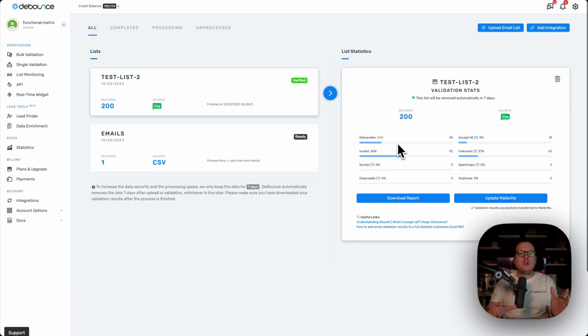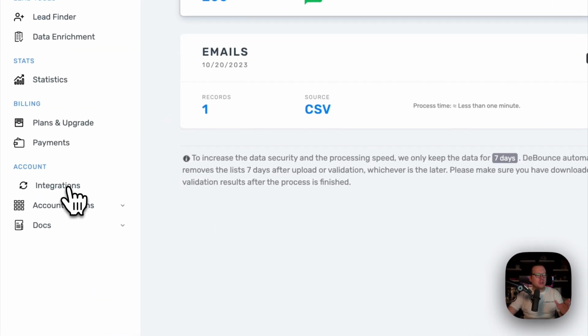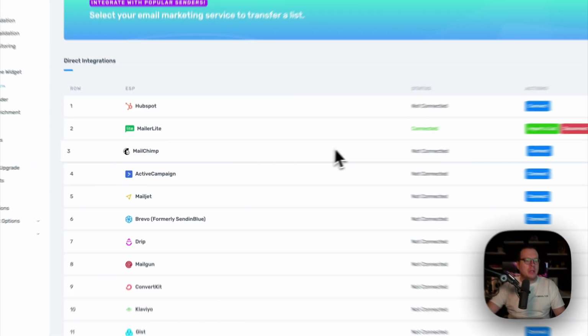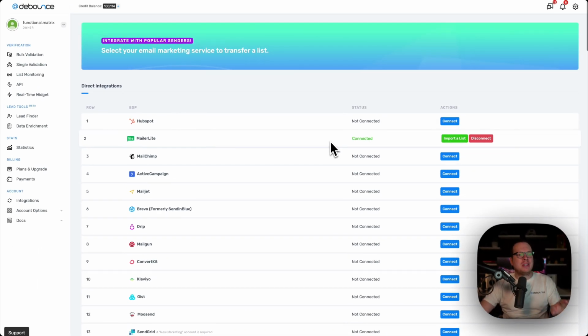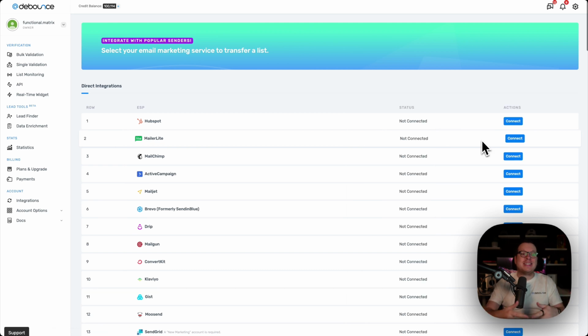Now that we talked about how to set up the integration, I now want to show you how to disconnect one of your integrations as well. So if we head back inside of integrations on the left-hand side here, and we let that load up, we will now see next to our MailerLite, we have the import a list option, and then we have the disconnect option. So let's go ahead and click on disconnect. And as we can see, it disconnects instantly from our Debounce account,